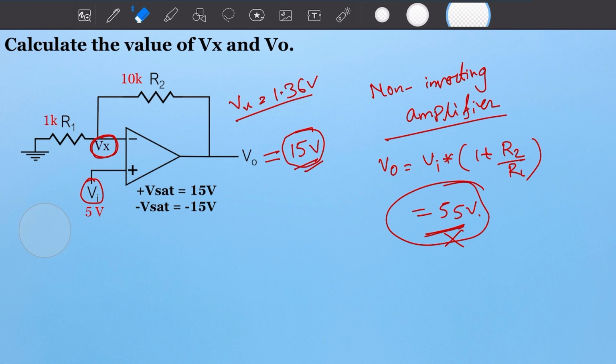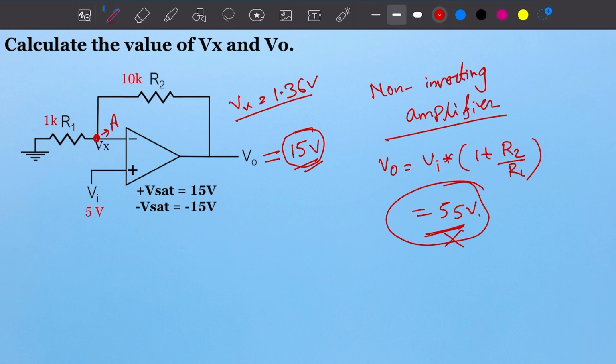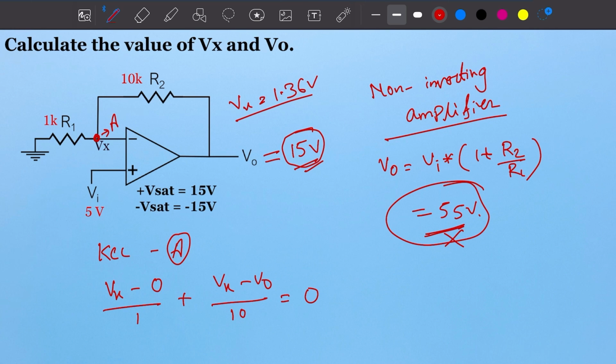Just do the KCL. We call this point A. So applying KCL at point A, we will get (Vx minus 0) divided by 1 plus (Vx minus V0) divided by 10 is equal to 0, right? From here, we can write down Vx plus Vx by 10 equal to V0 by 10. From here, we can write down Vx equal to V0 divided by 11. V0 is how much? V0 is 15. So we will get